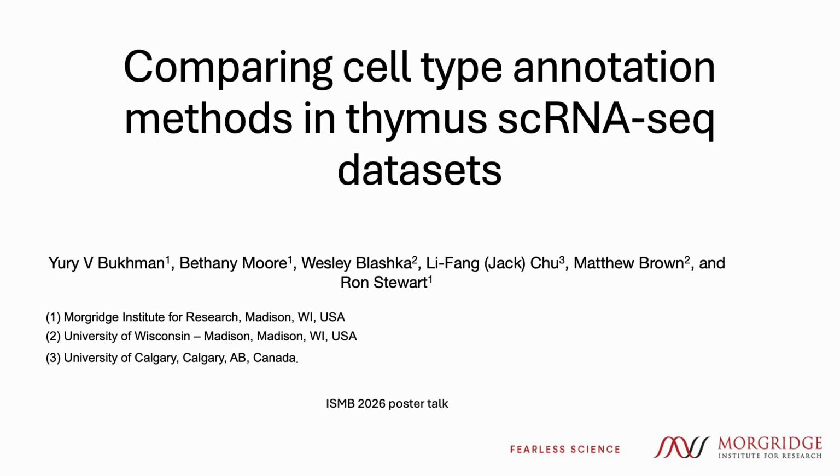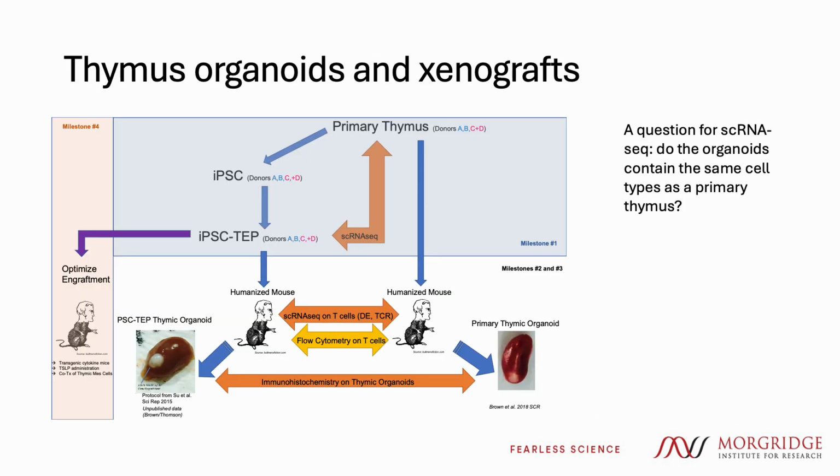I'll be talking about the annotation of cell types in thymus single-cell RNA-seq datasets. This work is part of a project aimed at growing thymus organoids and xenografts from induced pluripotent stem cells. The role of the single-cell RNA-seq experiments is to assess if the organoids contain the cell types that normally occur